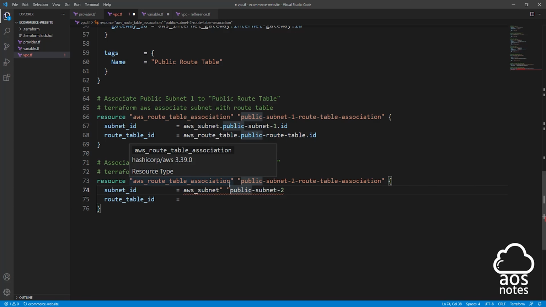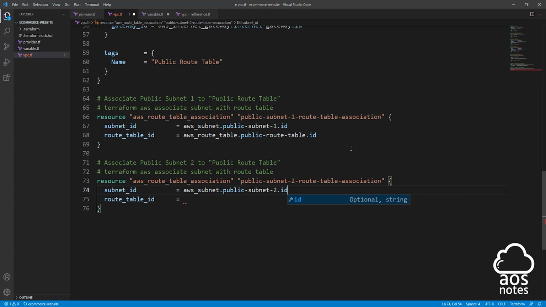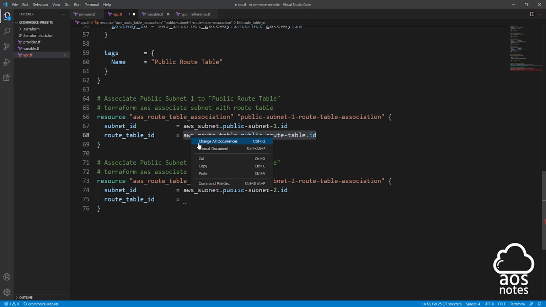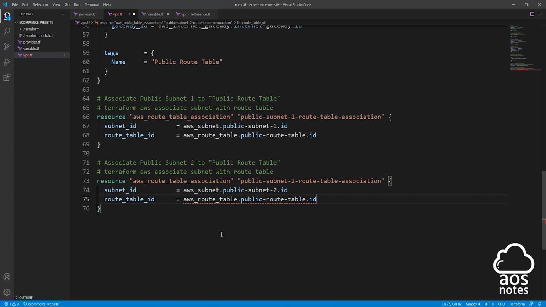Remove the quotation between them and add a period. And come to the end and add another period. Then add ID. That's all you need to do to reference it. For the route table ID argument, we can just copy this up here because it is the same route table. Copy it and paste it down here. And that is all we need to do to associate our public subnet 1 and public subnet 2 to our